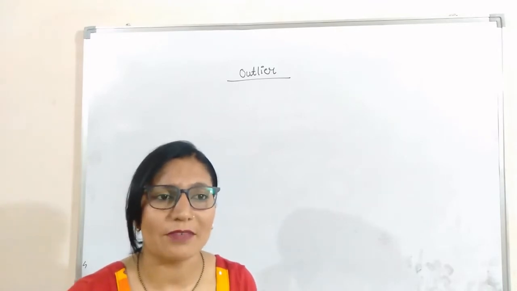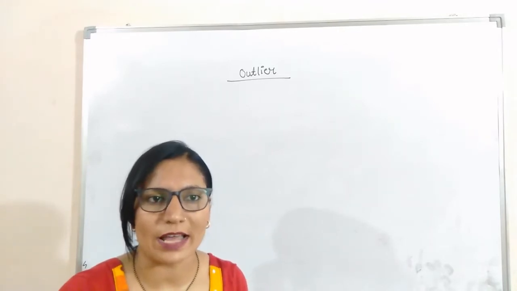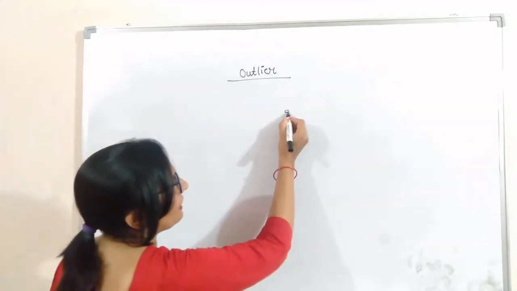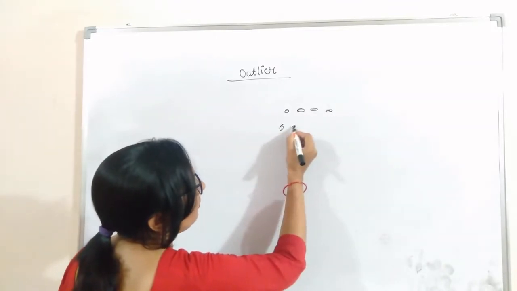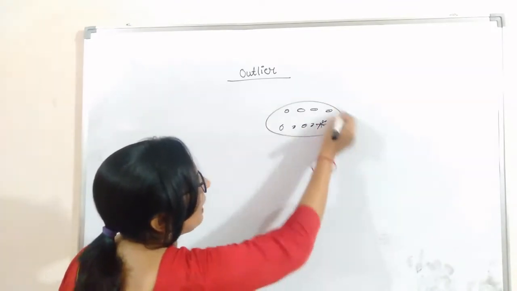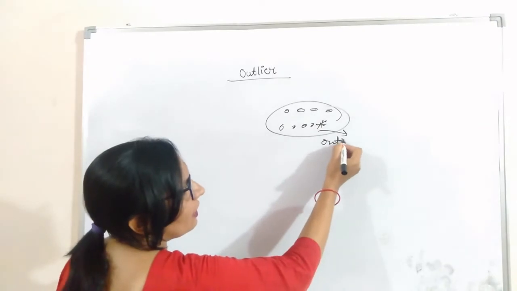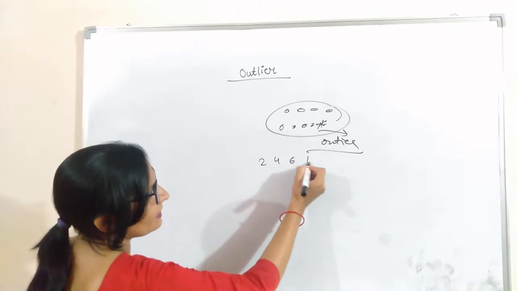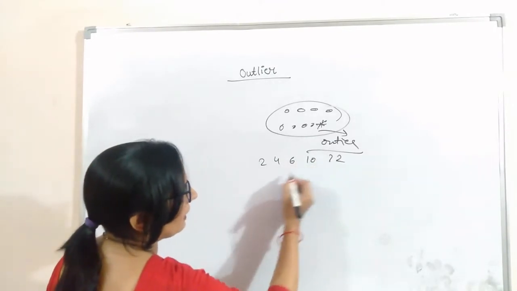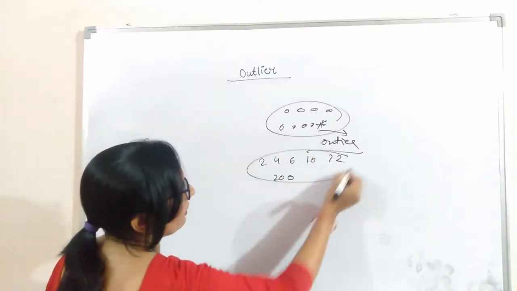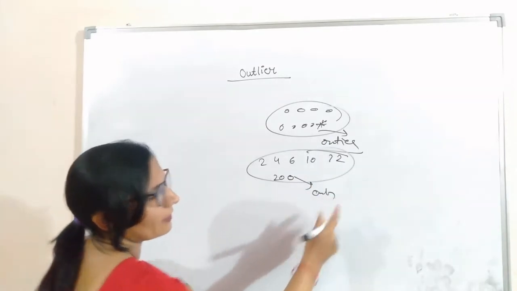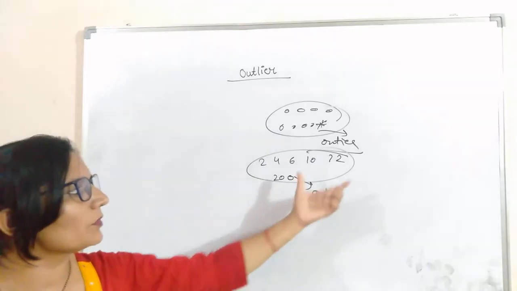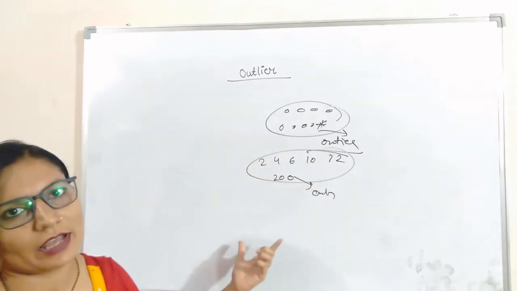So you cannot have a fixed set of rules to find the outlier or to understand what exactly the outlier is. So let's say we have data something like this, and if we find any star here, that is an outlier, right? And let's say we have data something like this, and we get a new point which is 200 here. So 200 is the outlier. Any data which behaves differently from the collection of your data is an outlier.